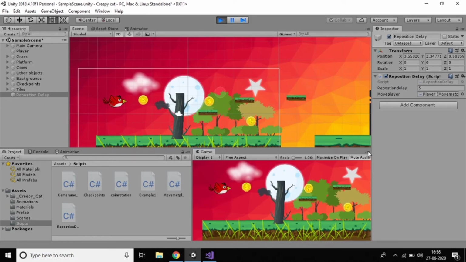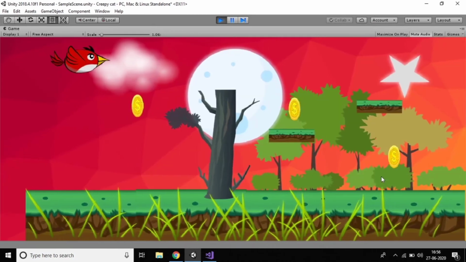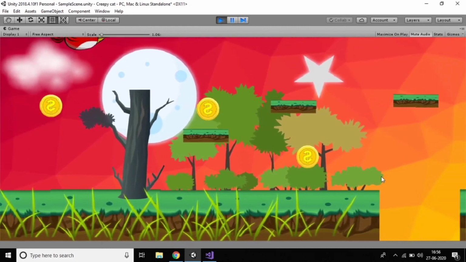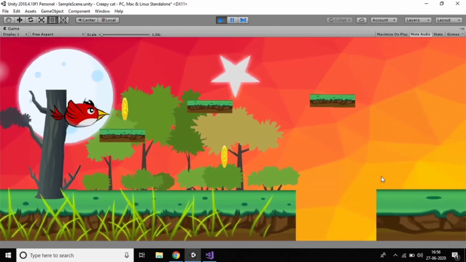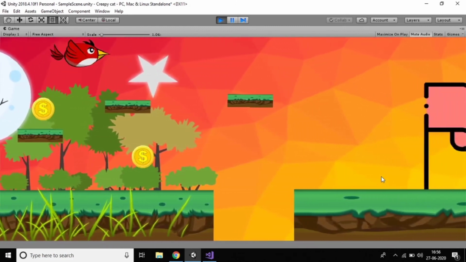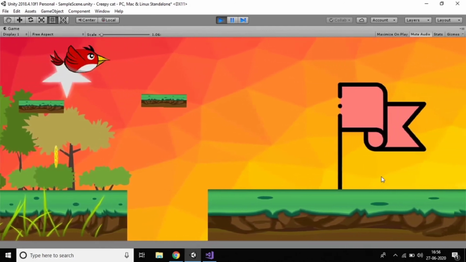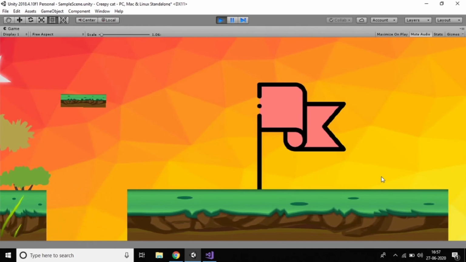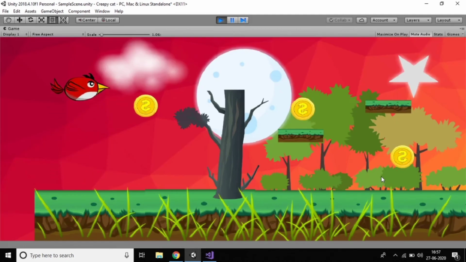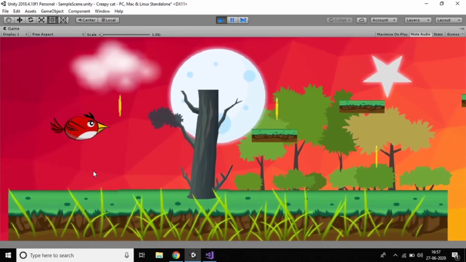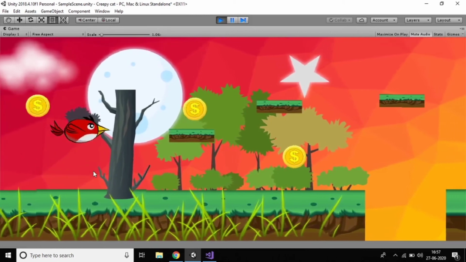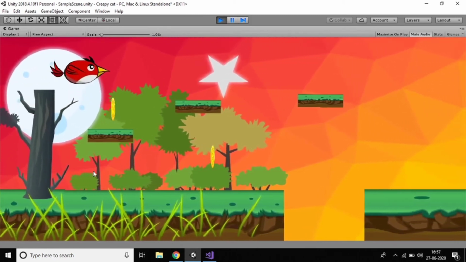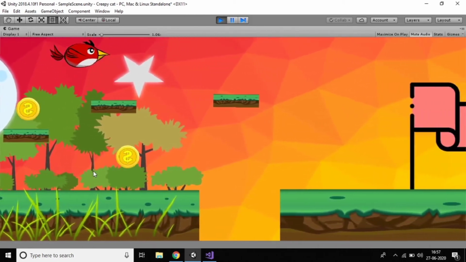Just maximize. If you fall down, yes, it takes 5, 4, 3, 2 and 1. Yes, it takes time again, same. So we are working on that. It's not bad. If you go to checkpoints, we can see what happens.